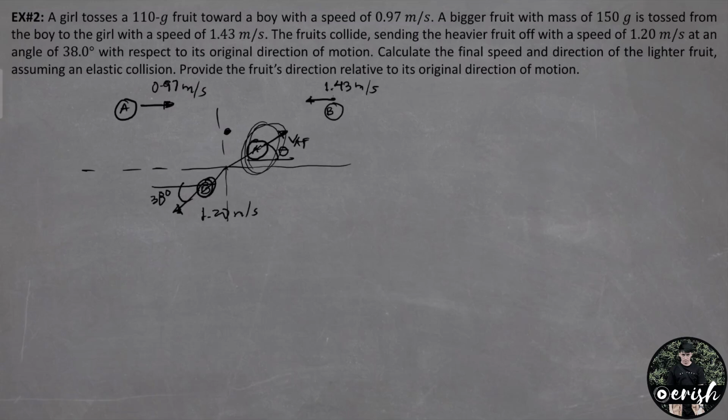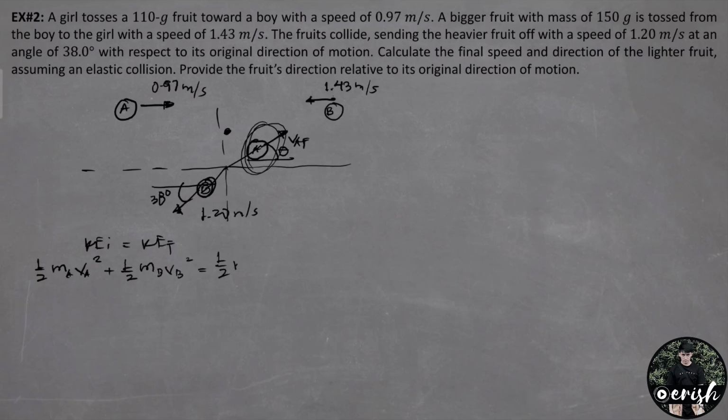The results are the same whichever direction is chosen. So to find the final speed of the lighter fruit, yung mas magaan na fruit, which is fruit A, we use the conservation of energy. KE initial is equal to KE final. For KE initial, this is 1/2 mass A VA square plus 1/2 mass B VB square equals, ang final natin